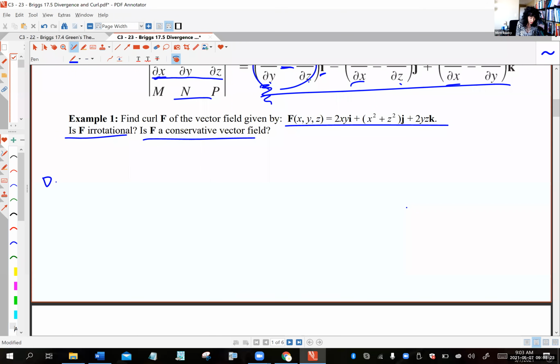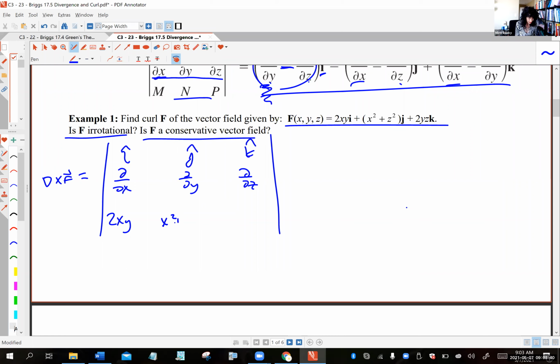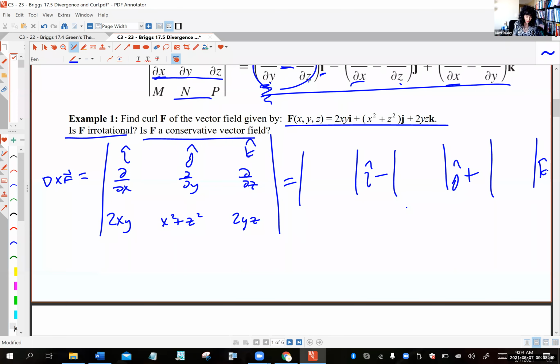So I'm going to take the cross product of this differential operator with the vector field. Here's my 3x3 determinant method. Put i hat, j hat, k hat along the top row. Second row, d/dx, d/dy, d/dz. Bottom row, the components of my vector field. Okay, here we go: 2x2 i hat minus 2x2 j hat plus 2x2 k hat. Fill in the blanks. The 2x2 here is going to be d/dy, d/dz, x squared plus z squared,